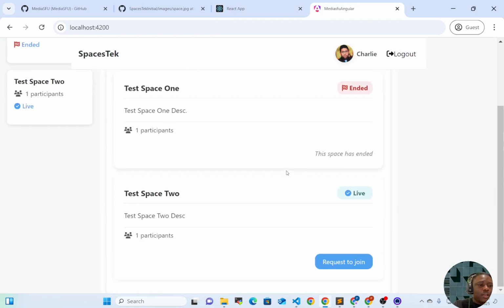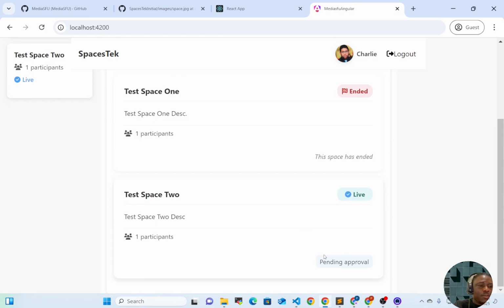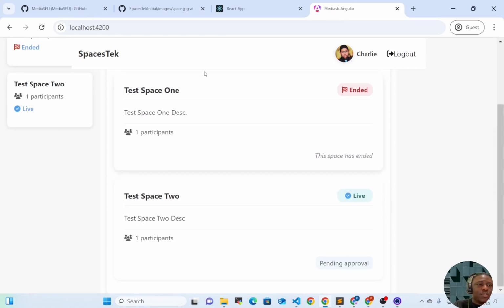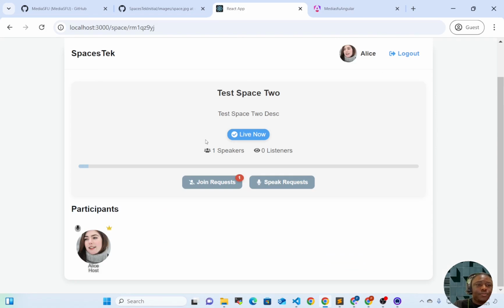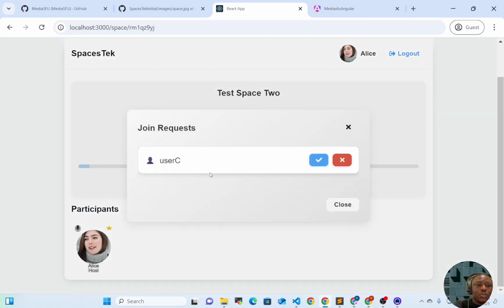Now on the side of the Angular, it says test space 2, but then we do have the option to request to join. So when I hit request to join, it shows this pending approval. On the side of the host, there is the option to select or accept the user. And then currently here it just displays the actual ID of the user. It says user C. You might want to change this to the name or whatever suitable display you would want to use. So if I approve this,